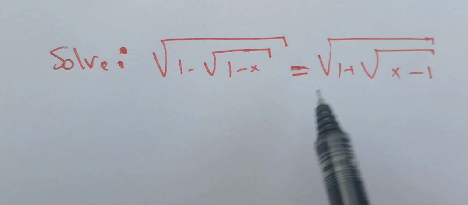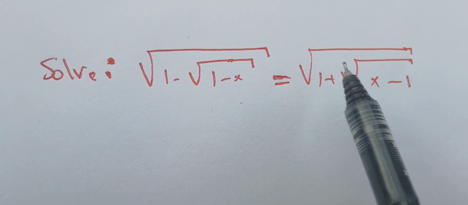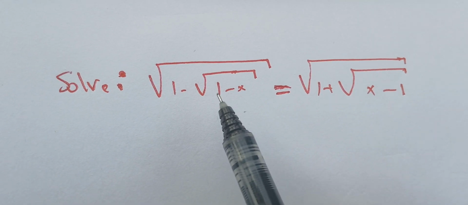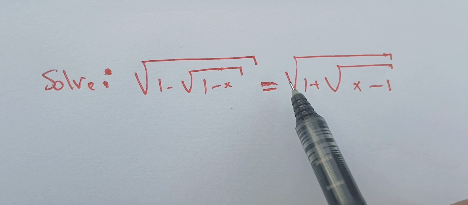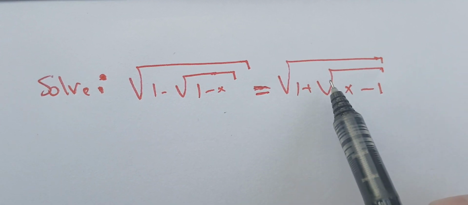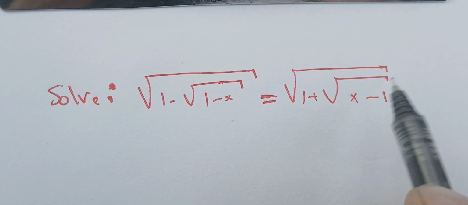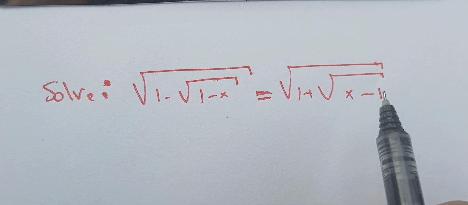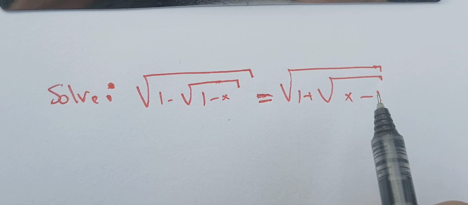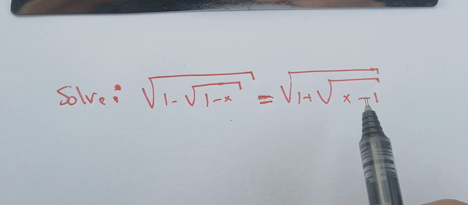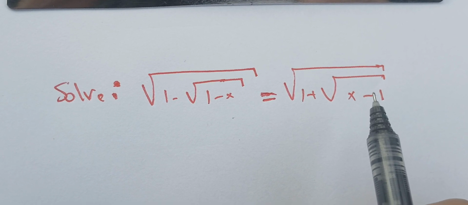Welcome back. In this video, we're going to try to solve the following equation. The square root of 1 minus the square root of 1 minus x is equal to the square root of 1 plus the square root of x minus 1. Here we can square both sides and keep working on this problem and check that the solution that we find